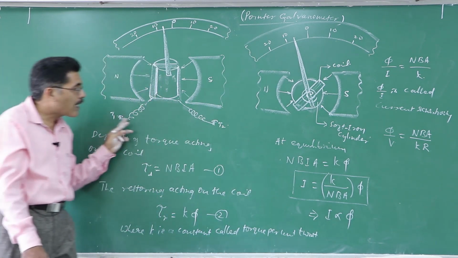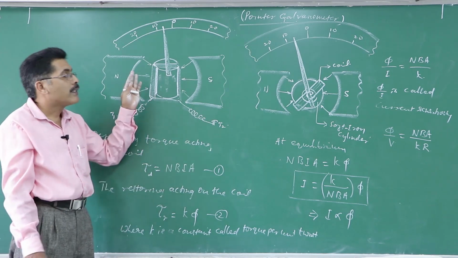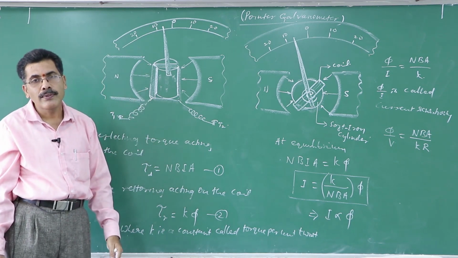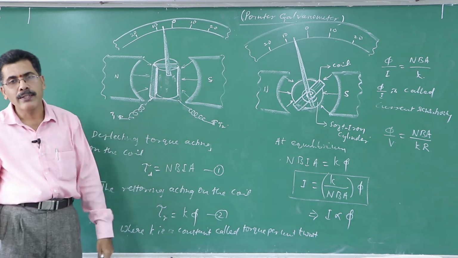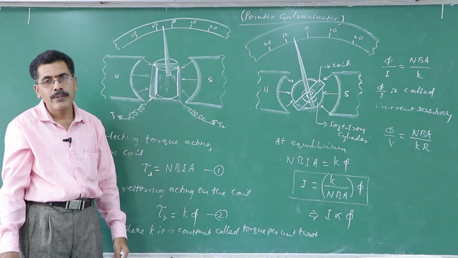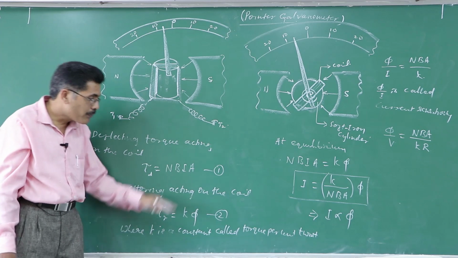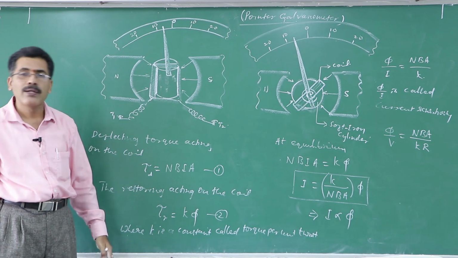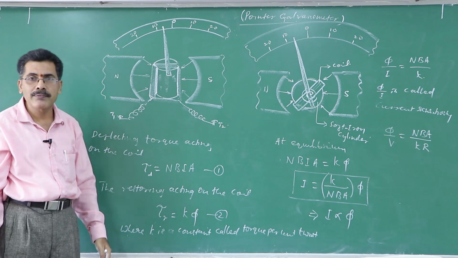How does it work? When current passes through the coil through the external terminals T1 and T2, the coil experiences a torque. The net force acting on it is 0. It is acted upon by a torque. As a result, the coil gets deflected. When the coil is deflected, a restoring force is developed in the spring, which opposes the deflection of the coil. At equilibrium, these two torques balance each other. Therefore, the coil remains in one particular location, and the pointer shows a particular reading on the scale.